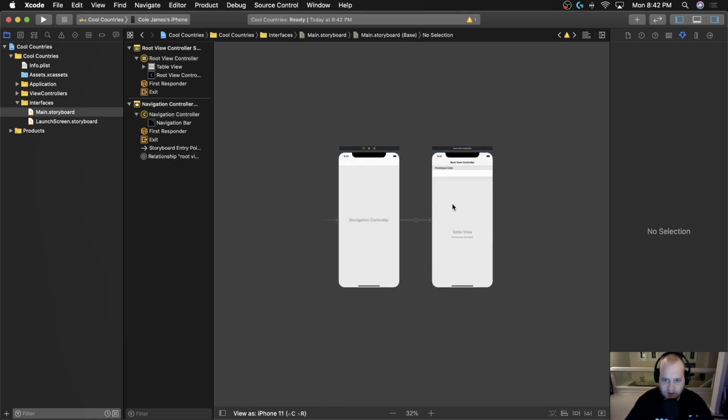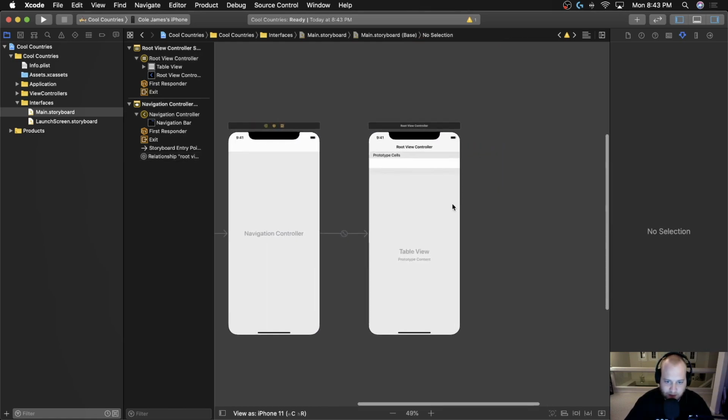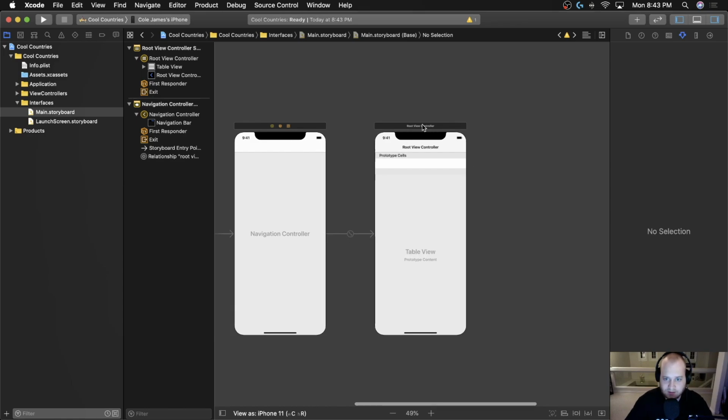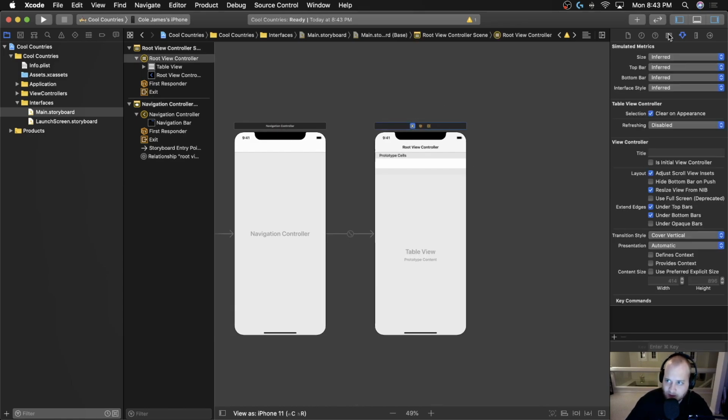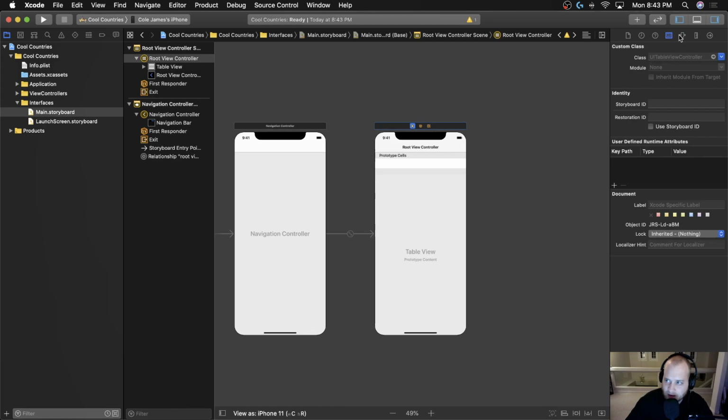This is the navigation controller and its table view controller. You've actually never seen one of these before, but if we look at the inspector over here, we're going to see that this is a UITableViewController, not just a regular UIViewController. We'll dive a little bit more into what that means in a minute, but essentially this just means that